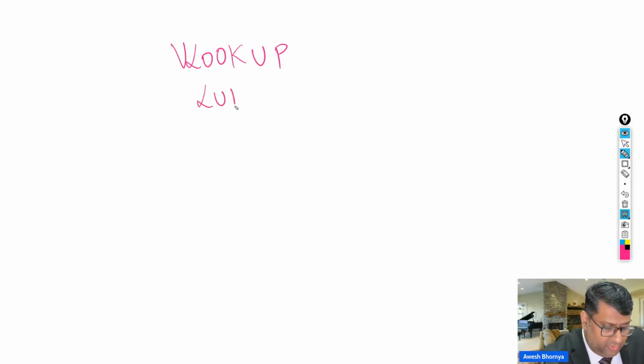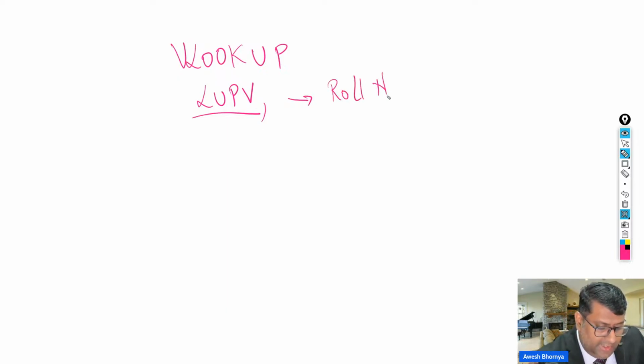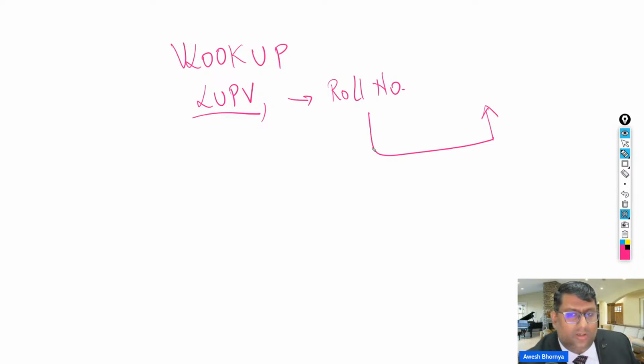The first argument is the lookup value. Now this is basically your clue. Based on this clue, you have to go ahead and find out a particular other column's data. For example, I have the roll number, and I have to find out the specialization of the student, maybe marketing, finance, etc., if you're doing an MBA. So using this roll number to reach out to the column data that we are actually looking for is the use of the VLOOKUP function.